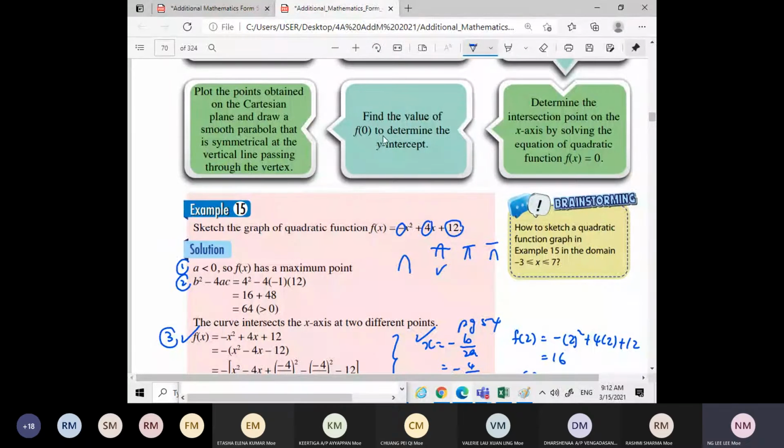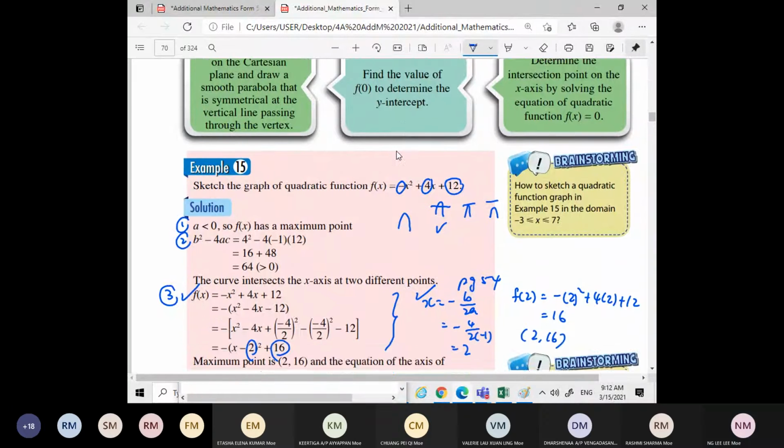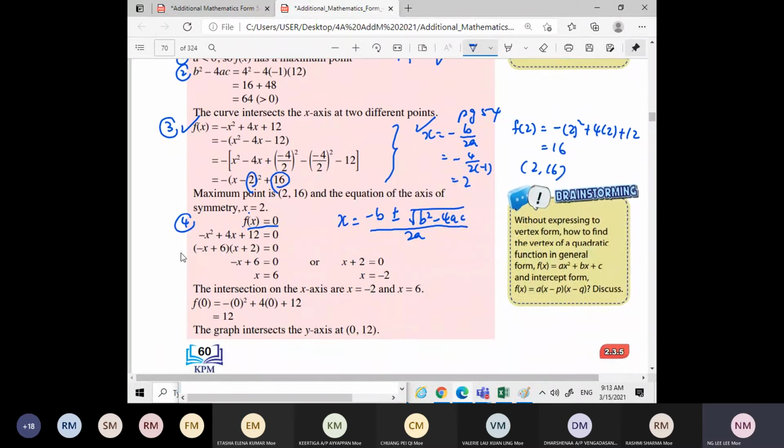Find the value of f(0) to determine the y-intercept. So this is the x-intercept. This is the y-intercept. This is step number 5. Let x equal to 0. Just substitute in to find the y-intercept. So the y-intercept is at 12. Lastly,